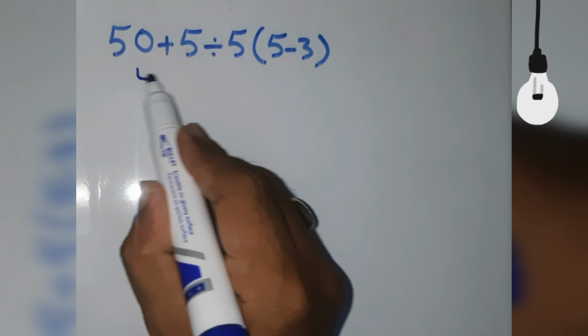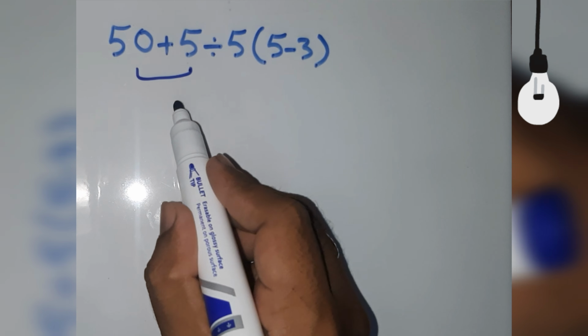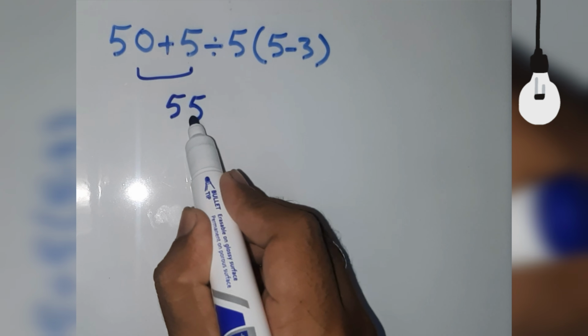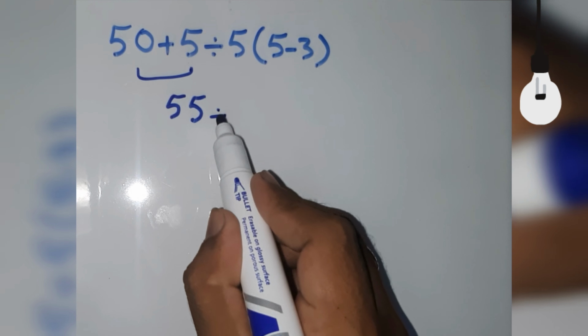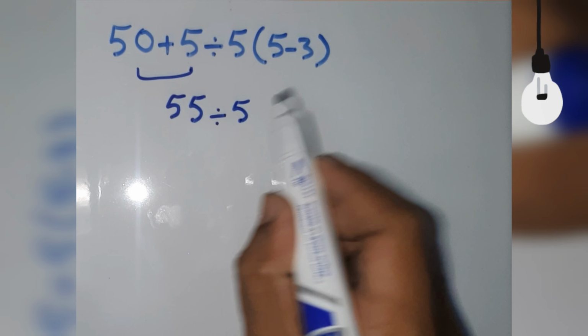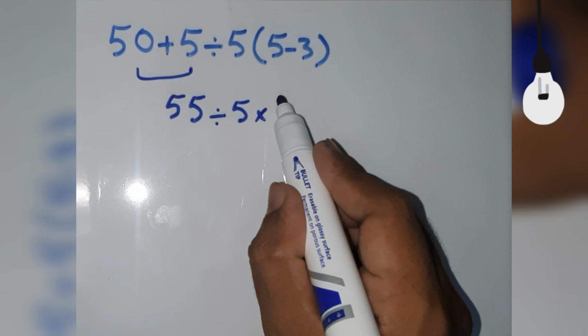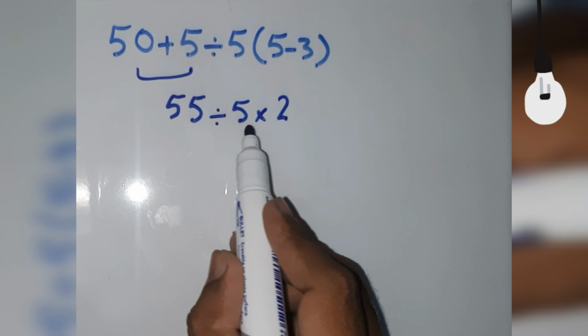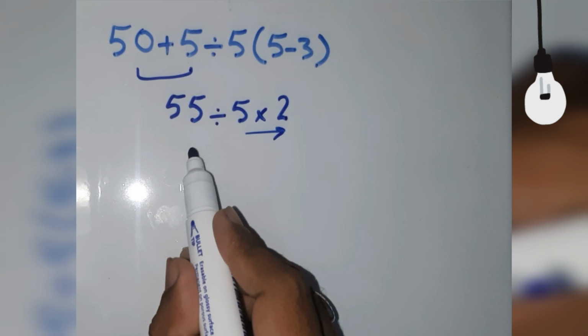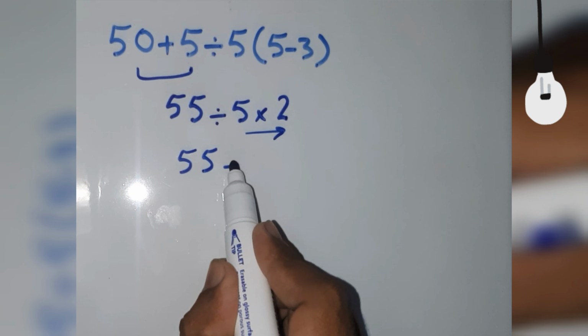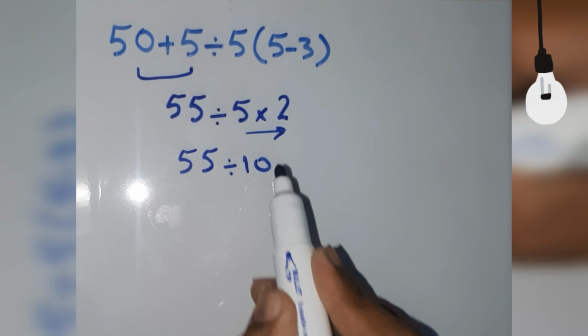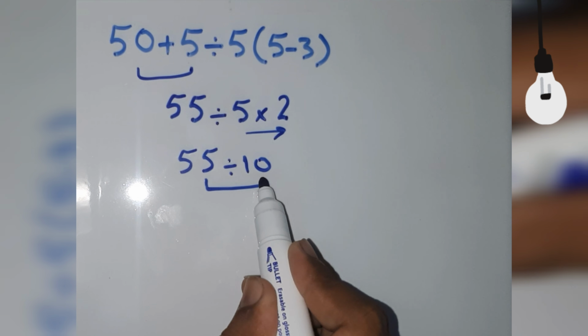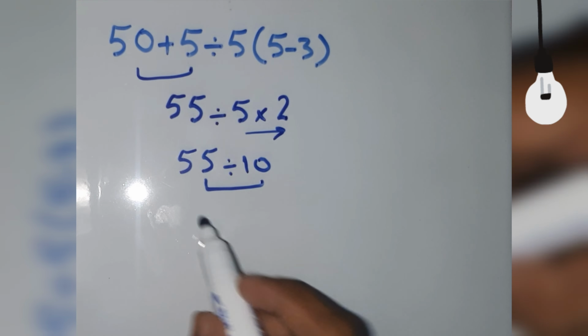50 plus 5 gives us 55. Then divide by 5. Now here 5 minus 3 gives us 2. Then 5 times 2 gives us 10. And finally 55 divided by 10 gives us here